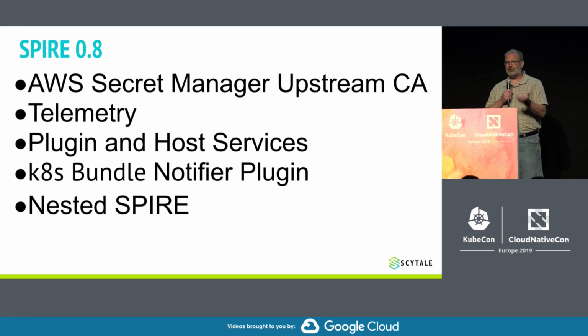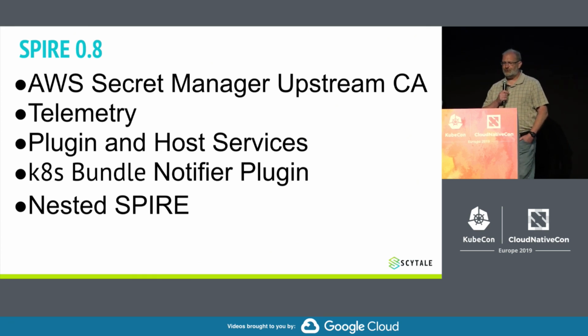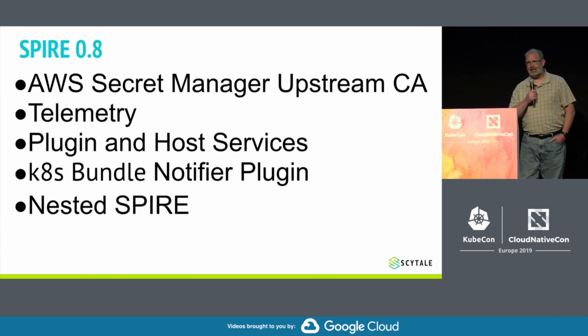And then host services are sort of the opposite side of that. So something like telemetry is a standardized interface that your plugin can use to push your own metrics in through SPIRE. We've introduced the Kubernetes Bundle Notifier plugin, and this can be used to replace the Bootstrap certificate and upstream